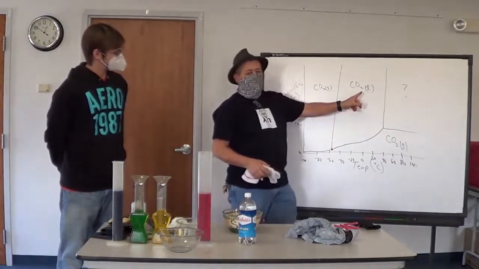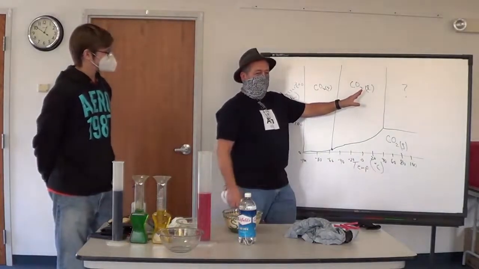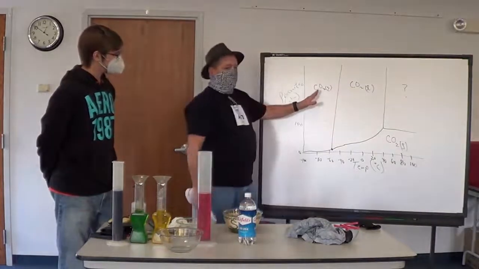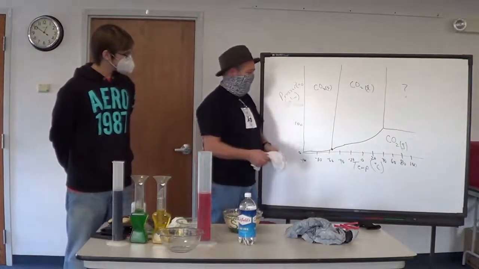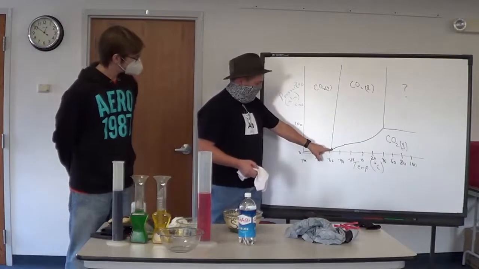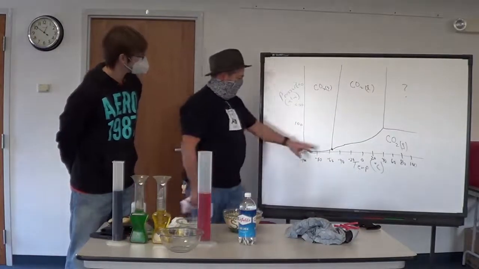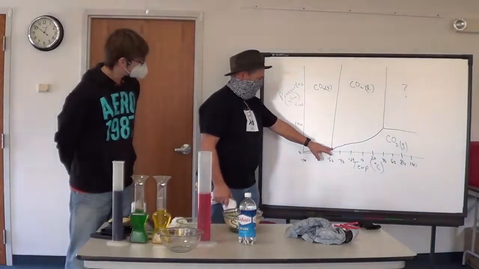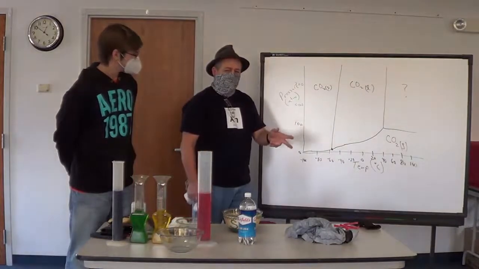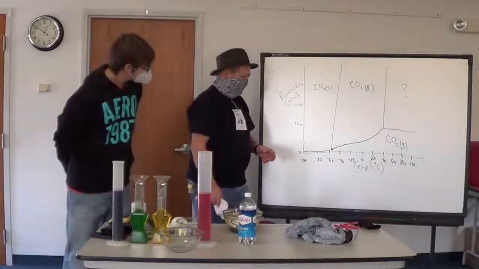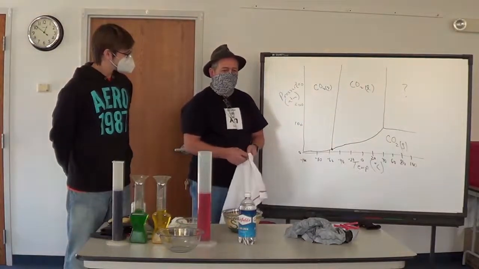Carbon dioxide in the liquid phase is also kind of hard to see a lot of times. We don't normally think about it. Carbon dioxide in the solid phase is what dry ice is, and that's mostly what we're going to be dealing with today. But we'll get into this point right down here on the graph, which is a temperature-pressure graph. This is a point where we can see all three phases together: solid, liquid, and gaseous carbon dioxide. And part of what makes carbon dioxide a little bit difficult to work with is it's a lot like